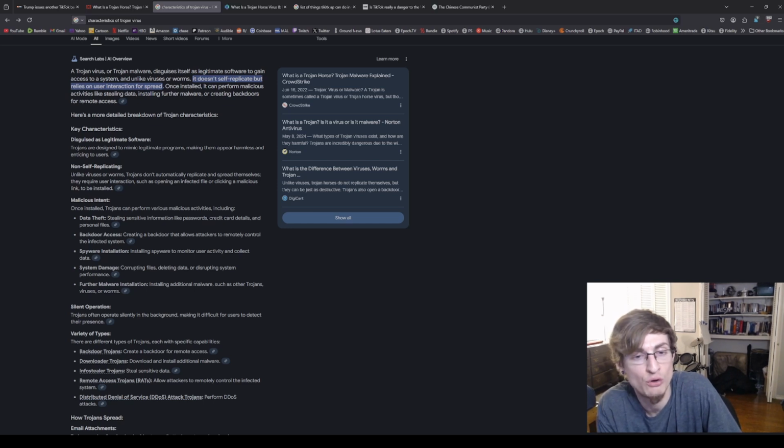Once installed, Trojans can perform various malicious activities, including data theft, stealing sensitive information like passwords, credit cards, and personal files; backdoor access, creating backdoors that allow attackers to remotely control the infected system; spyware installation, installing spyware to monitor user activity and collect data; system damage, corrupting and deleting data and disrupting system performance; further malware installation, installing additional malware such as other Trojans, viruses, and worms; and silent operation.